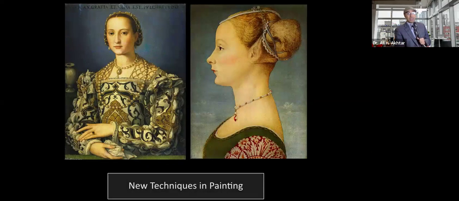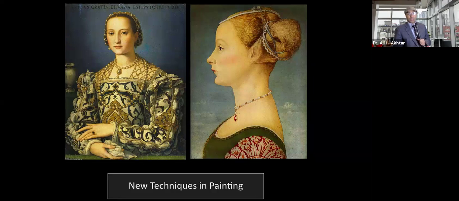And so what's also interesting about this period is how it's not just the silk designers who are experimenting with these types of new designs and fashion, but it's also the painters themselves who are using this opportunity to document these changes and experiment with new painting techniques to capture these scenes in different ways.